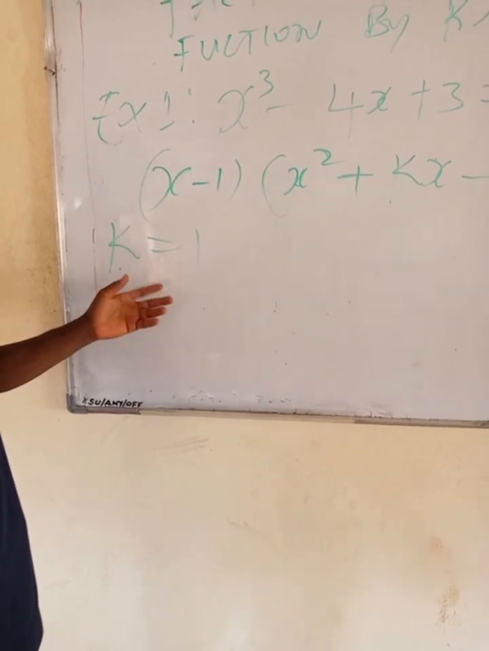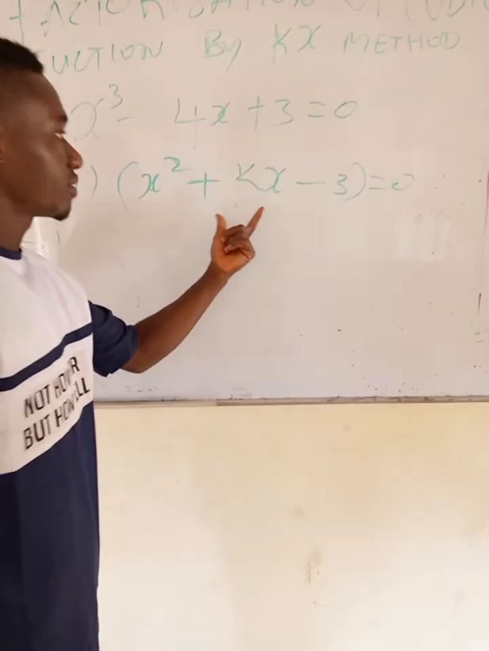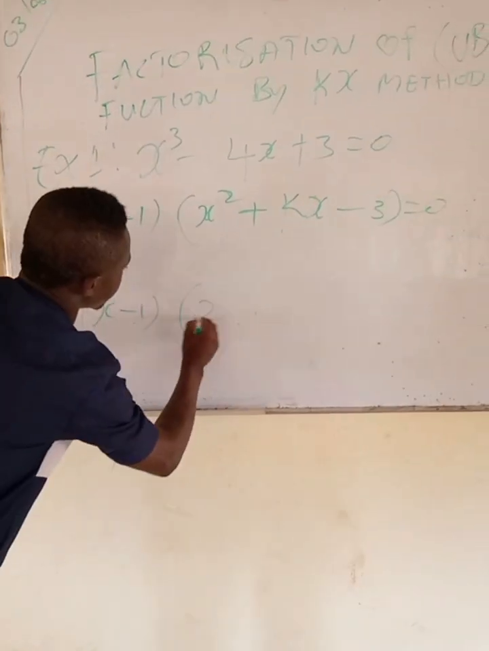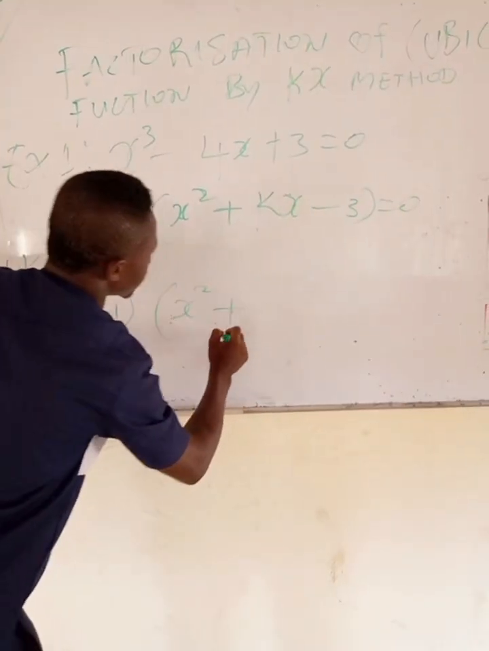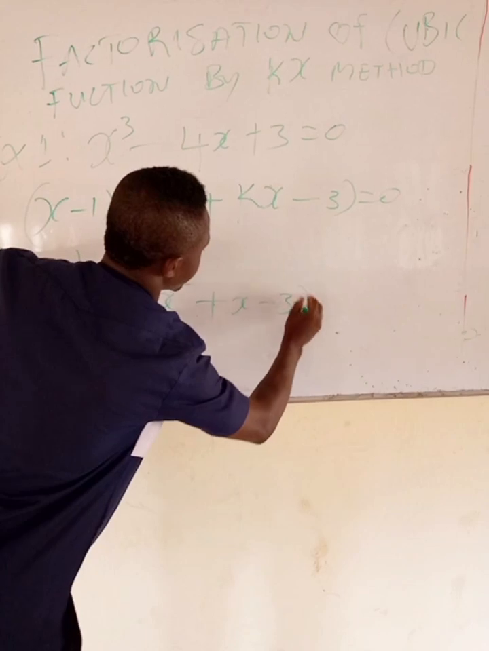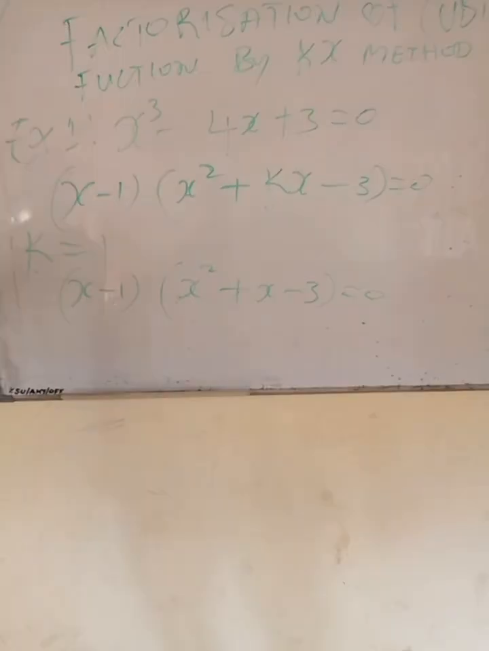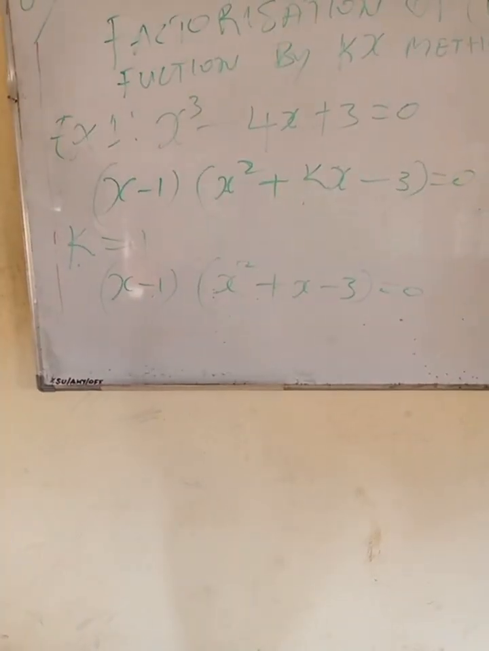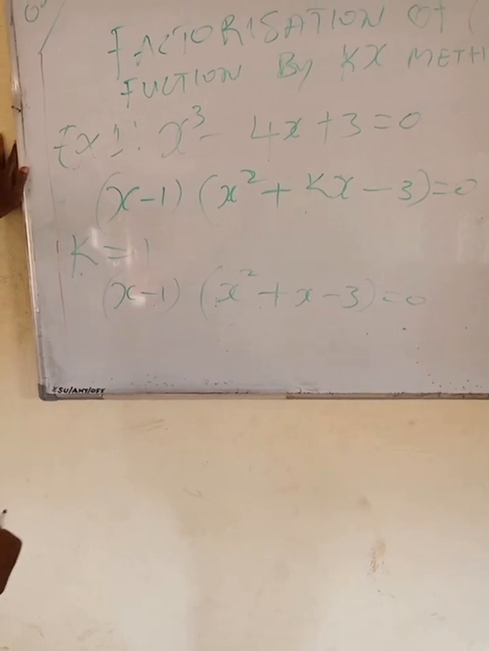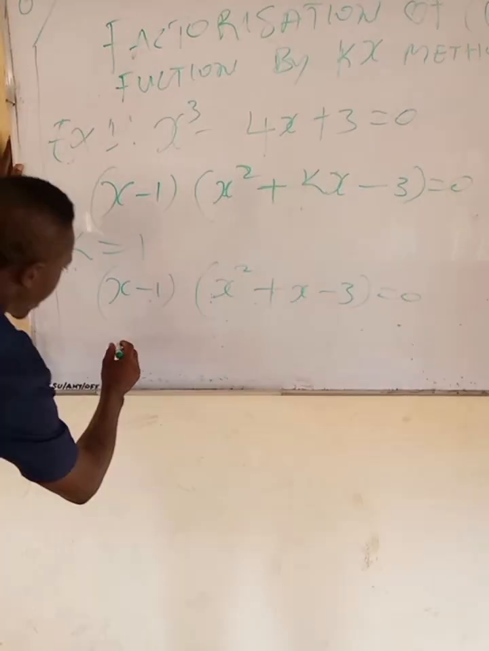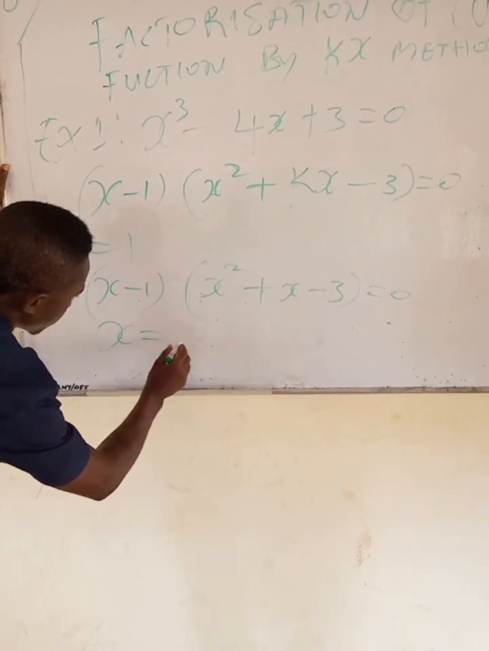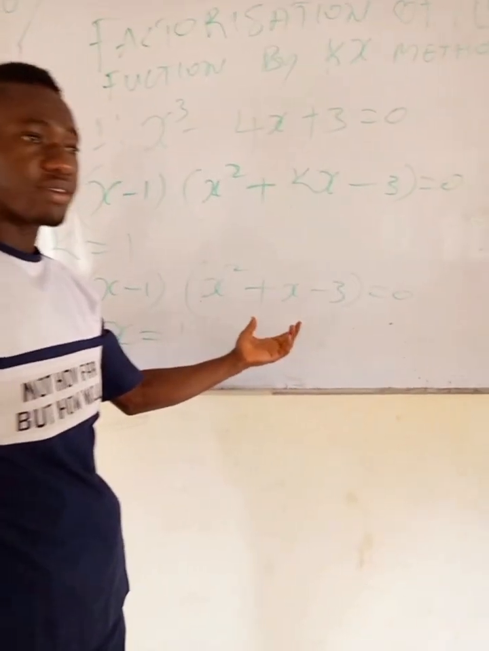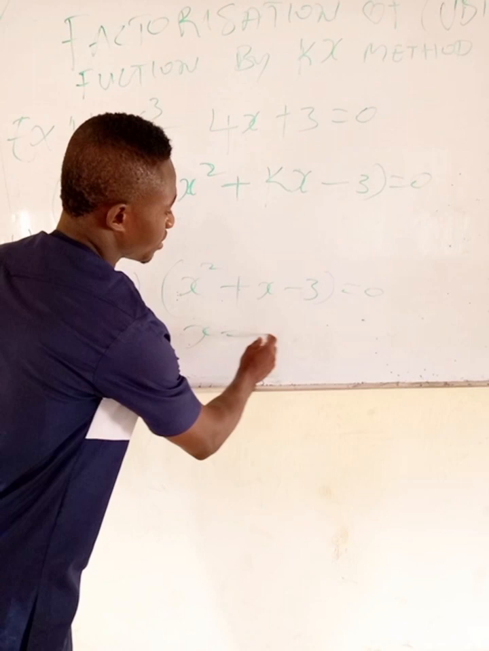Now, plugging in k equals to 1 in this factor, we have s minus 1 into s squared plus s minus 3 equals to 0. Here, this is our possible factor of this function. Now, to get our possible solutions from this factor, our first solution will be s equals to positive 1, and by quadratic equation or by factorization, our s will be equal to